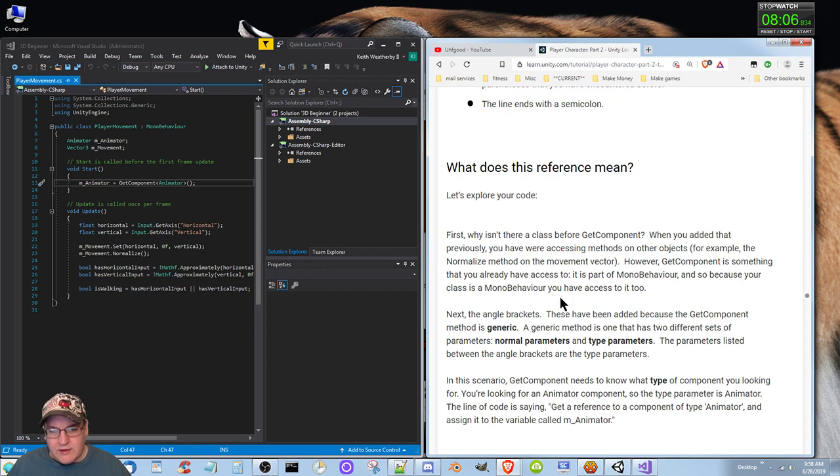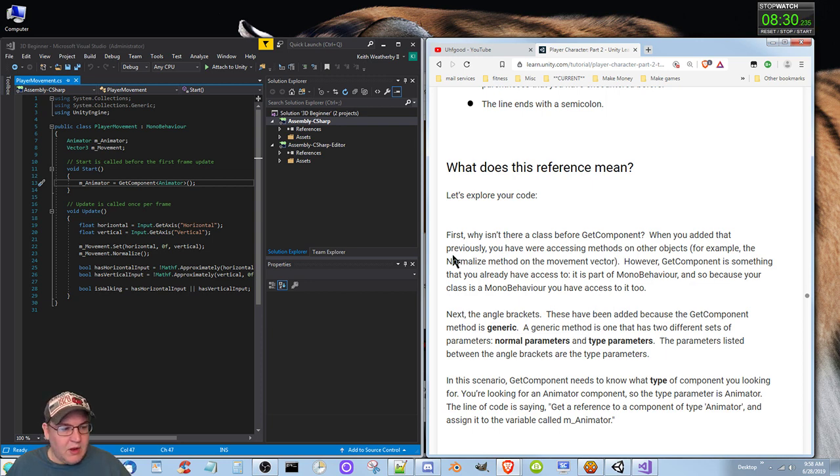First, why isn't there a class before GetComponent? Previously you were accessing methods on other objects. For example, the Normalize method is on the movement vector. However, GetComponent is something that you already have access to. It is part of MonoBehaviour, and because your class is a MonoBehaviour, you have access to it too.